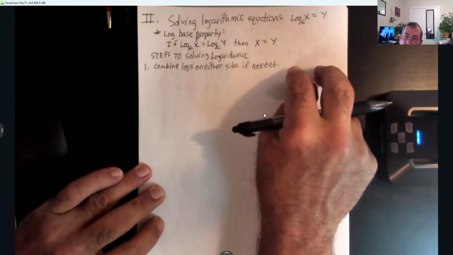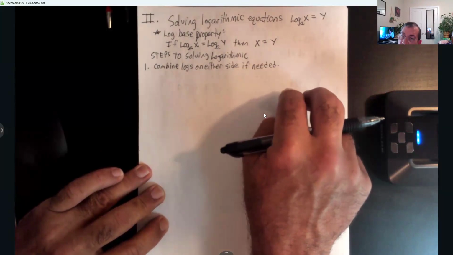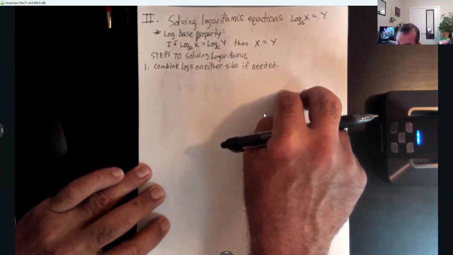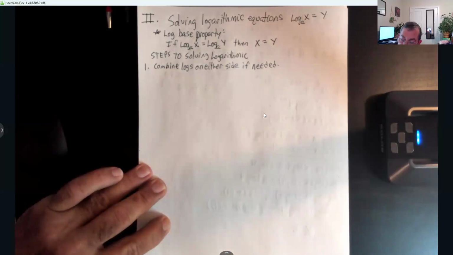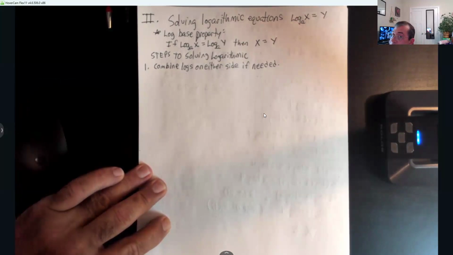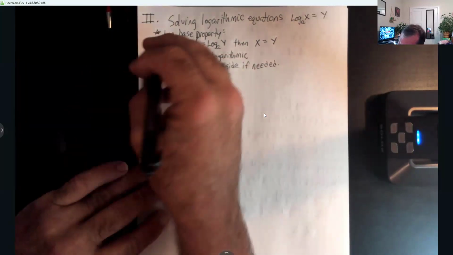And that's when you're either going to use that product rule of logarithms or you're going to use the quotient rule of logarithms, okay? So remember, if they're being added, we write them as a product. If they're being subtracted, we write them as a quotient, okay? Now, at that point,